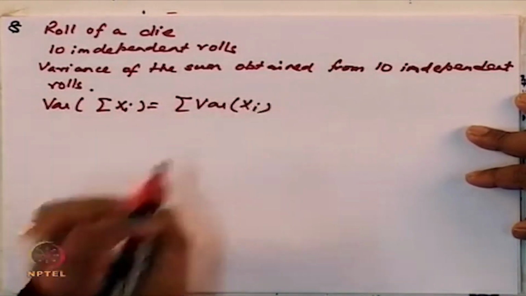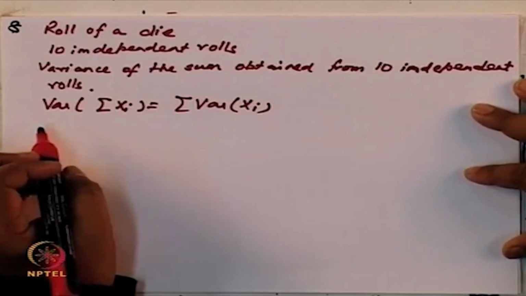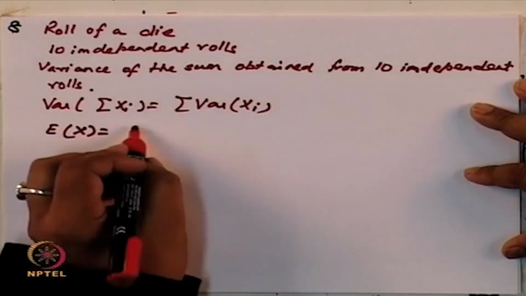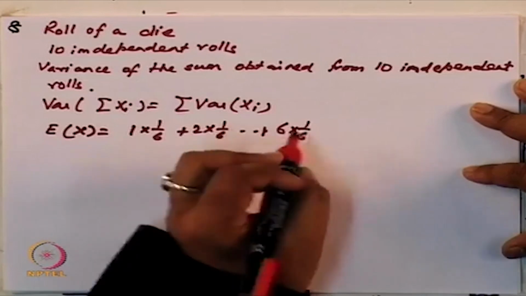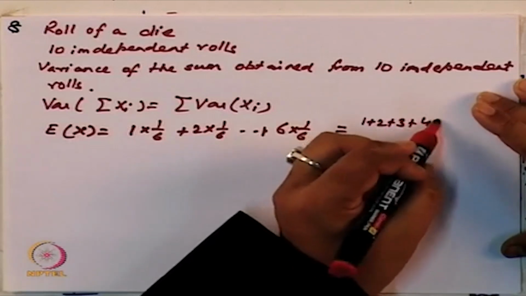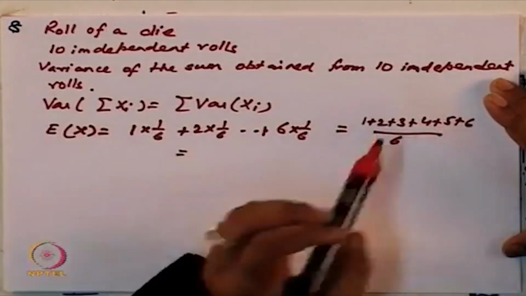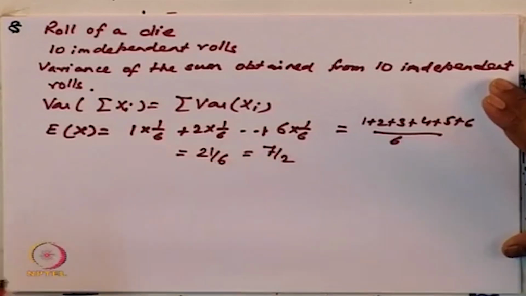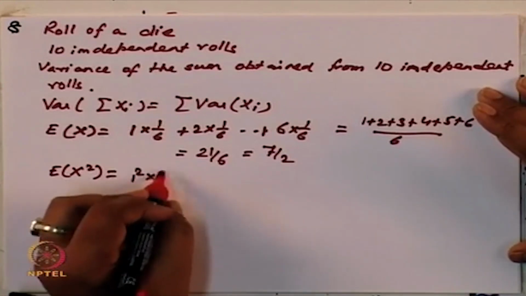Okay. So, I want to compute variance of xi, right. So, for rolling of a die, we had the previous case, we calculated E of x is equal to 1 into 1/6 plus 2 into 1/6 plus up to 6 into 1/6, okay, and this will come to be 1 plus 2 plus 3 plus 4 plus 5 plus 6 by 6, which is equal to 21/6, that is 7/2, okay, and E of x square is equal to 1 square into 1/6 plus